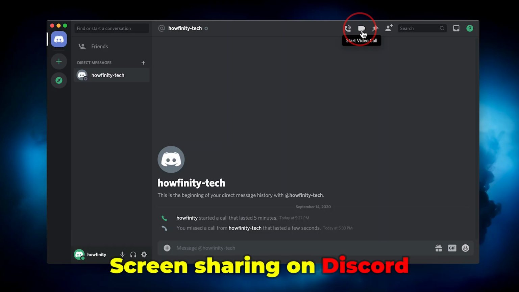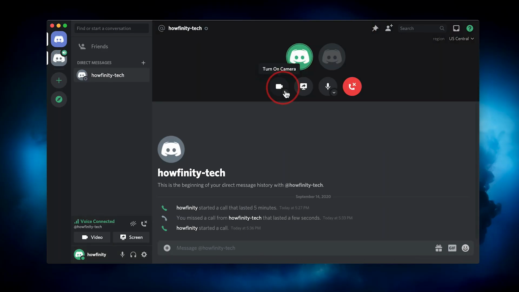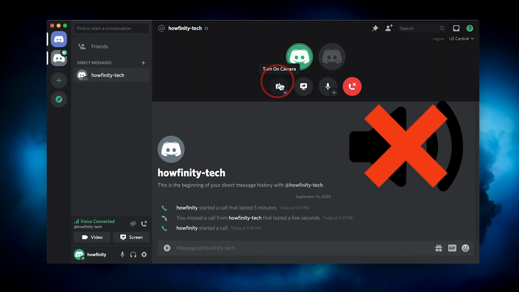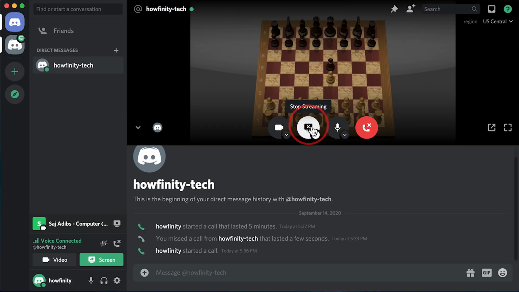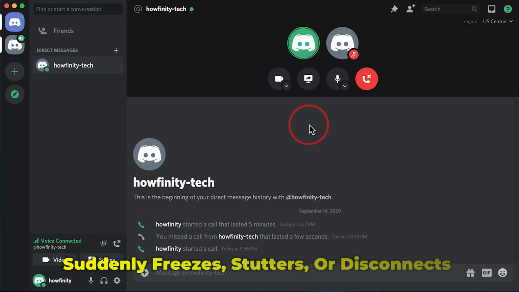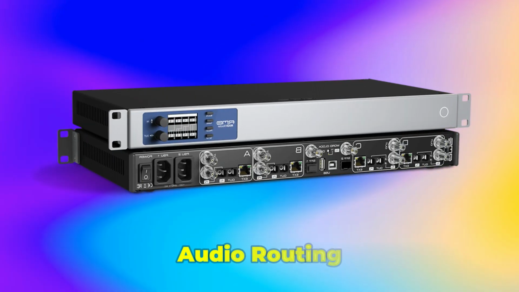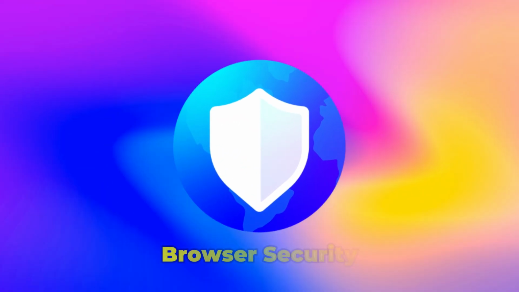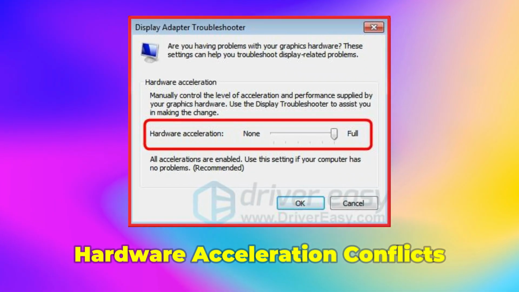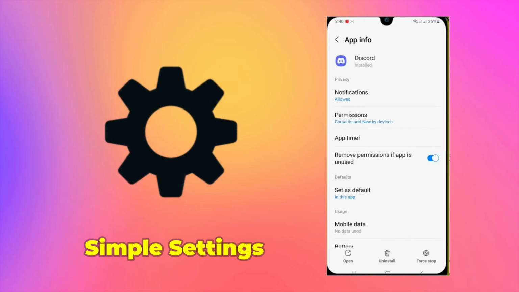Have you ever started screen sharing on Discord, only to realize your friends can see your screen but can't hear any audio? Or maybe the screen share begins normally but suddenly freezes, stutters, or disconnects in the middle of a stream. This problem has become more common in 2026 because of changes in audio routing, browser security, and hardware acceleration conflicts. The good news is that most Discord screen share issues are caused by simple settings that can be fixed